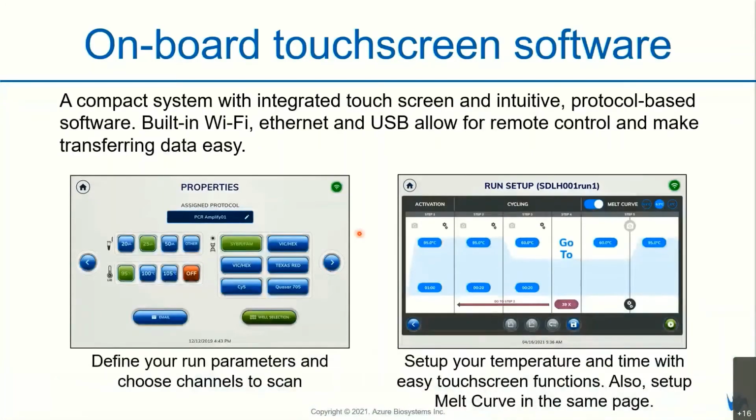Because this is a screenshot we have already shown last week, but let me go through it again. Cielo itself can be a standalone machine. It's a compact system with an integrated touchscreen and protocol-based software. And you can define your run parameters and choose a channel to scan, reaction volume, lead temperature, and also an